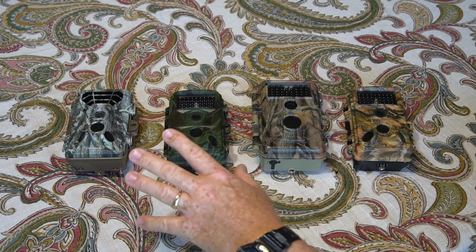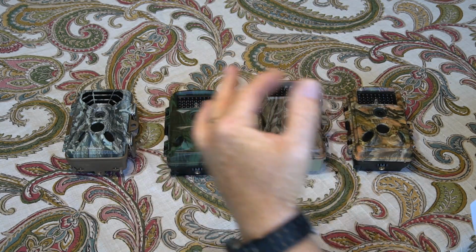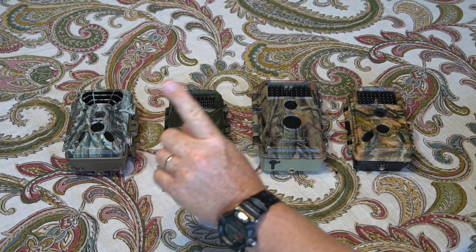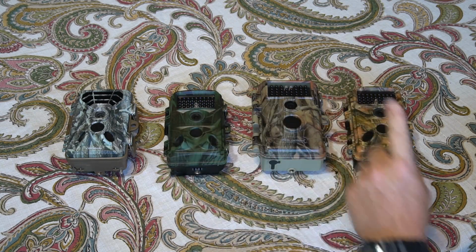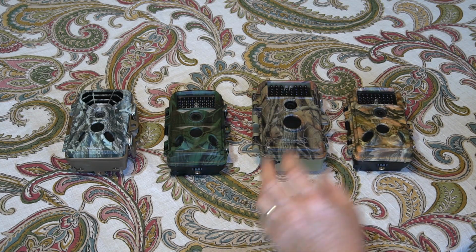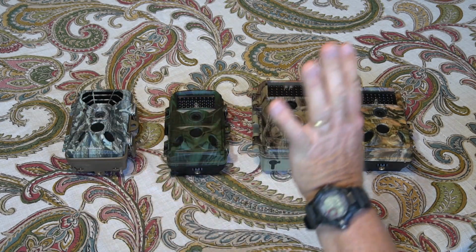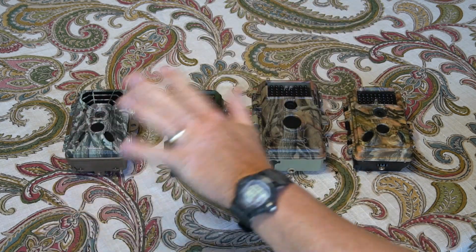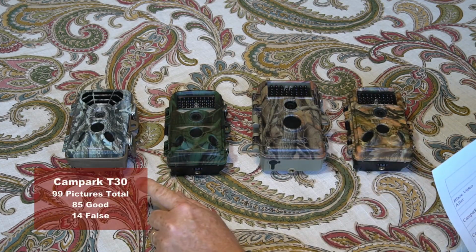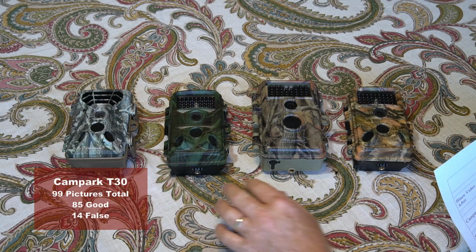Now, sometimes a false positive can be caused by an animal that was in the screen moving out at the point in time that it triggers. All 4 cameras were set to take 1 picture and 1 video on 10-minute intervals. So if something happened during that 10 minutes right at the very end, sometimes that can occur. But we're just going to go with false positive for a picture that had no visible animals on screen. So 99 pictures in 3 weeks, 85 positive, with a visible animal in the picture,